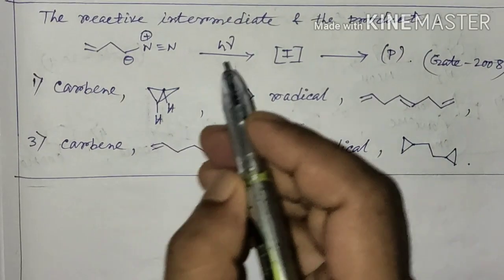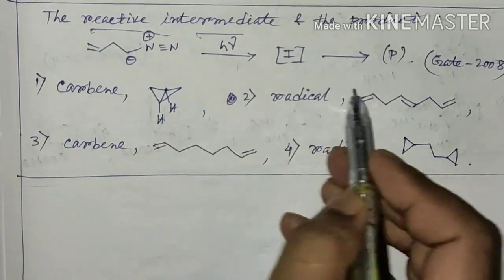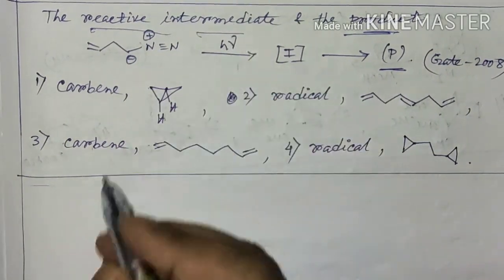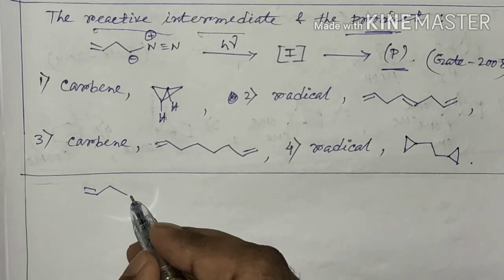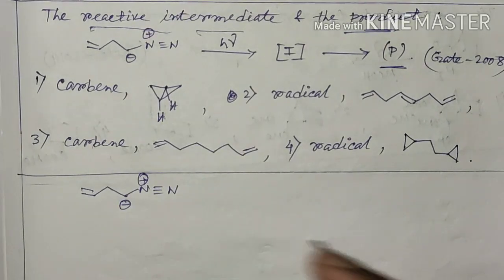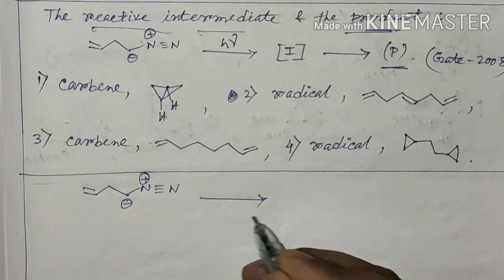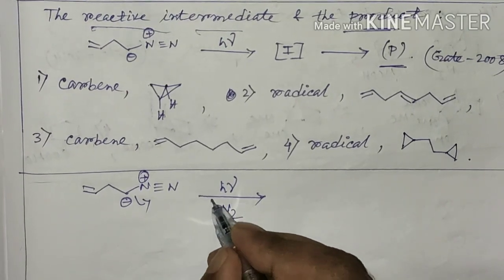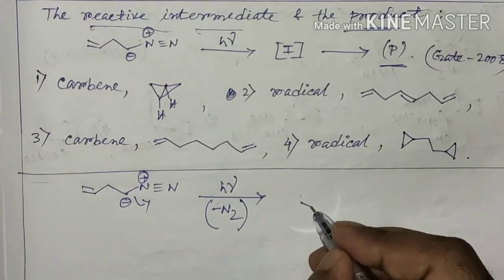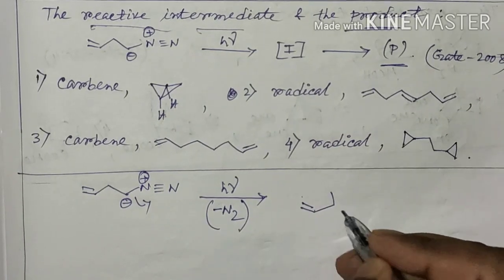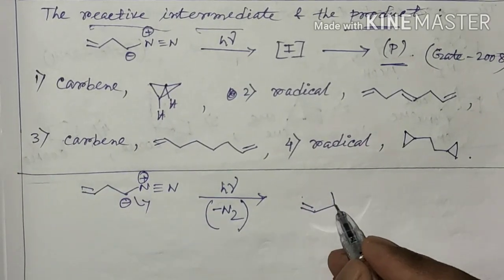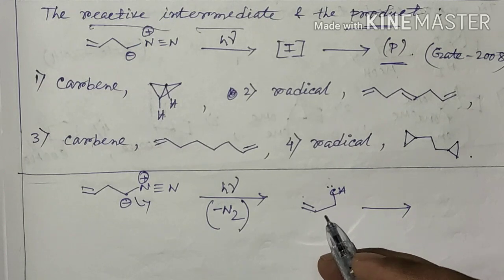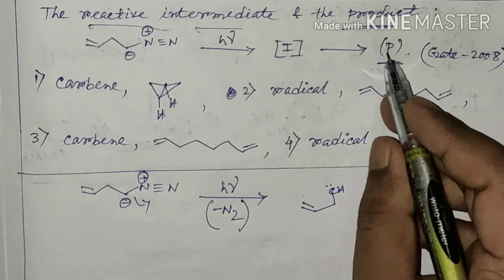Now in this question we have to identify the reactive intermediate for this reaction and the final product. Now for the first case we can easily say it is a diazo compound. So under photochemical or thermal condition it will undergo nitrogen elimination to form the corresponding carbene. 1 2 3 4. Here will be carbene, it is CH. I have drawn this carbene like this since it will be helpful to identify the final product.